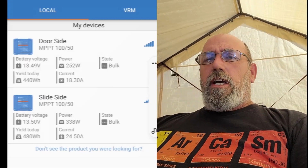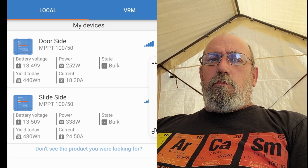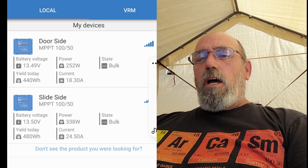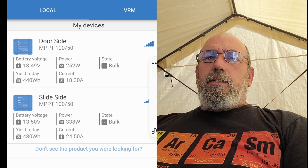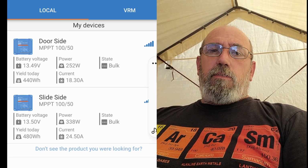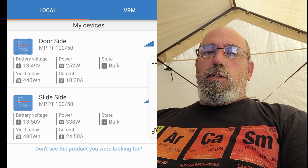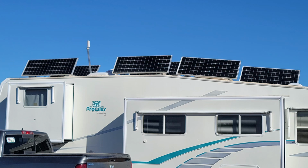I'm just doing a quick tip for you people with solar panels, talking about shadows and what the effects are. Now, I've got a Victron monitor, as you see right here in this picture. At the time of this picture, my door side panels were producing 252 watts, and the driver's side, slide side, was doing 338. In the picture, you can see that I have an antenna raised up, and it is actually blocking part of one of the solar panels. Doesn't look like much,